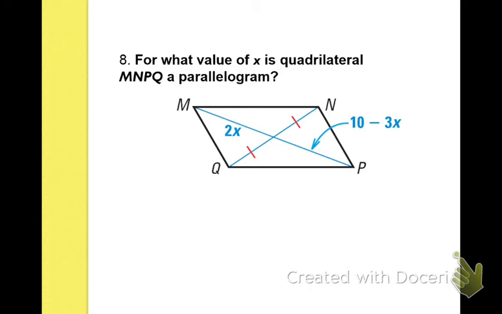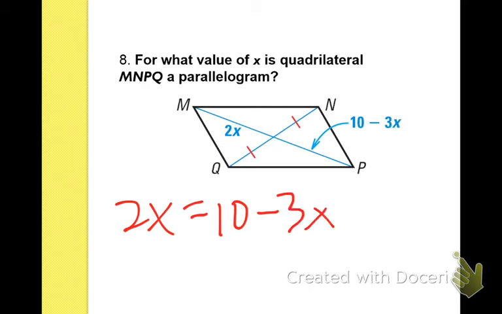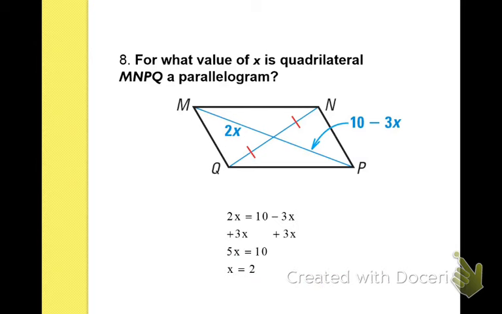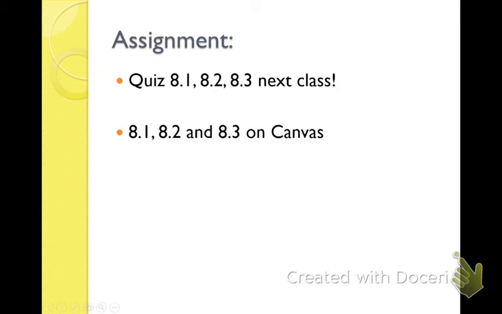So it would be 2x equals 10 minus 3x. Solve for x, so 5x equals 10. x equals 2. All right, any questions there? Okay. That's it. Okay, now